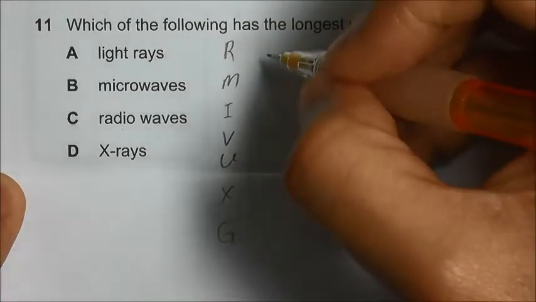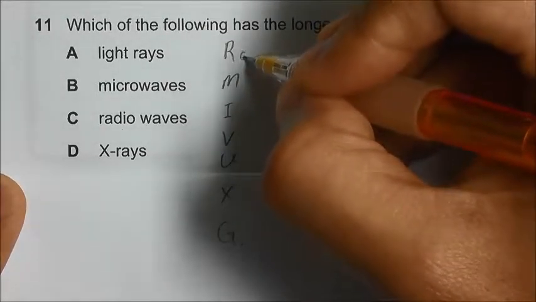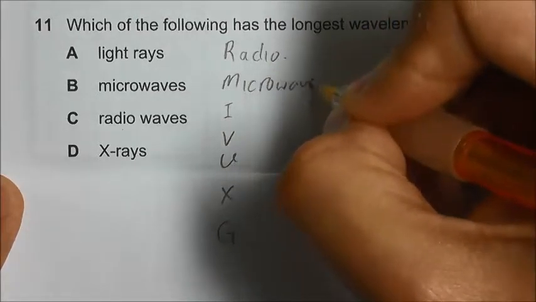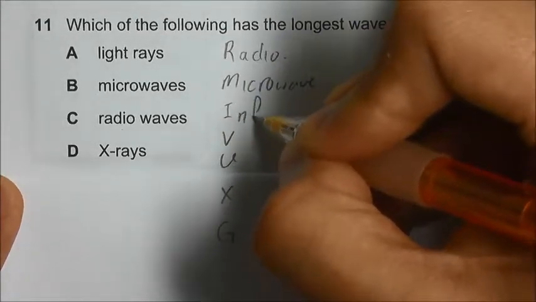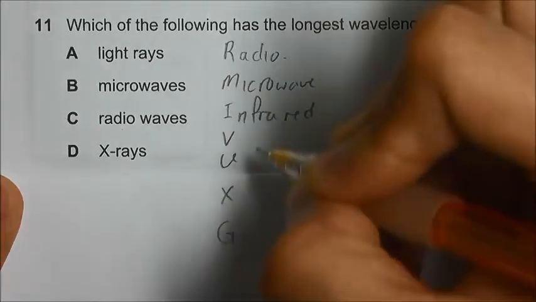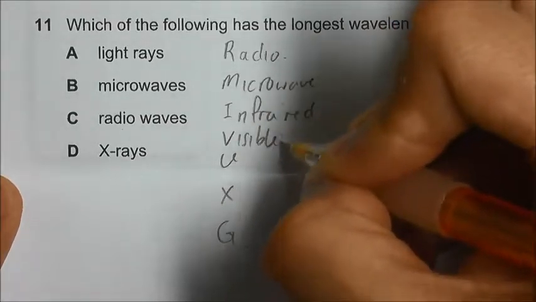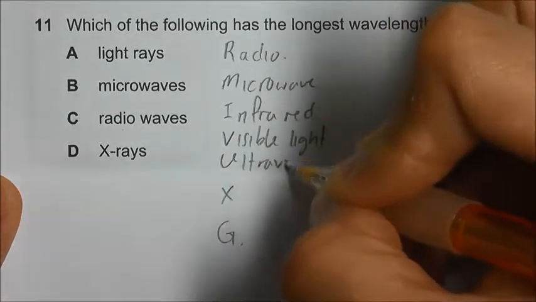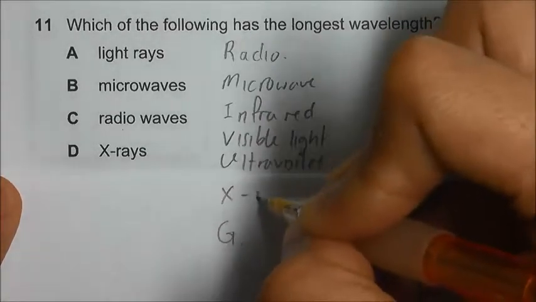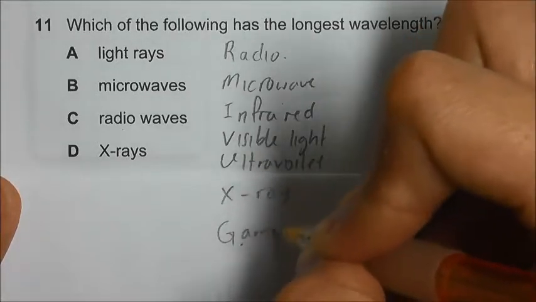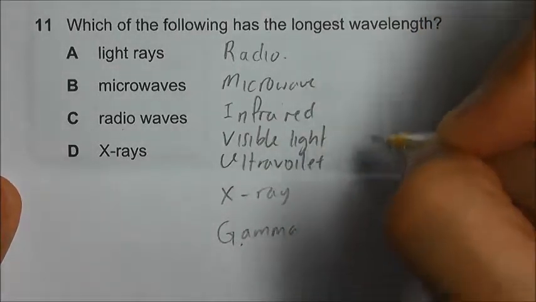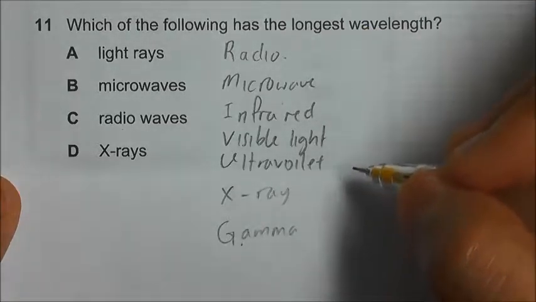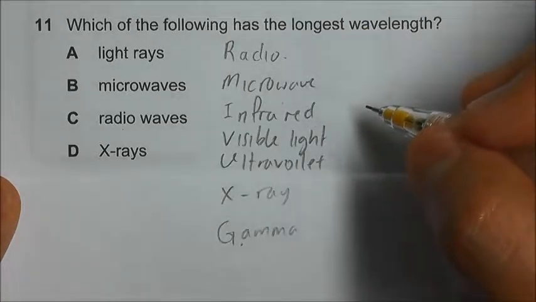So R will be radio, M is microwaves, infrared, visible light, ultraviolet, X-ray, and gamma ray. Okay, so we have to actually list them in order of wavelength and